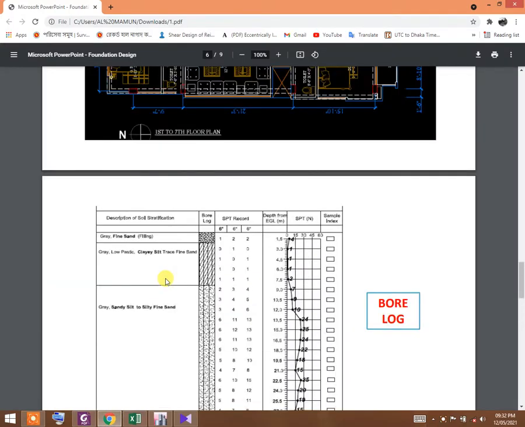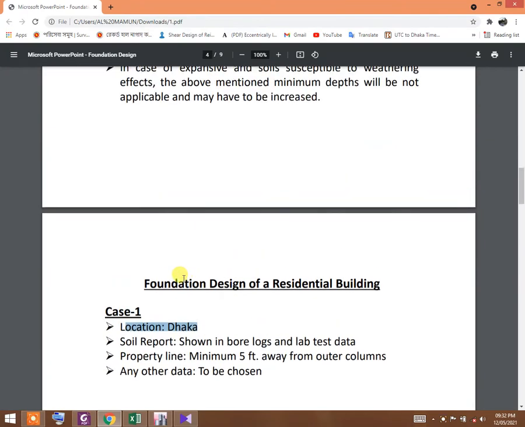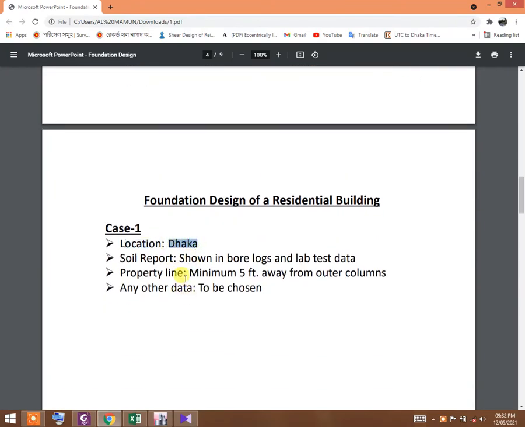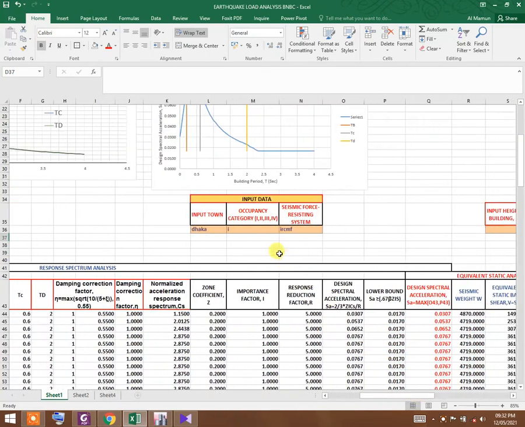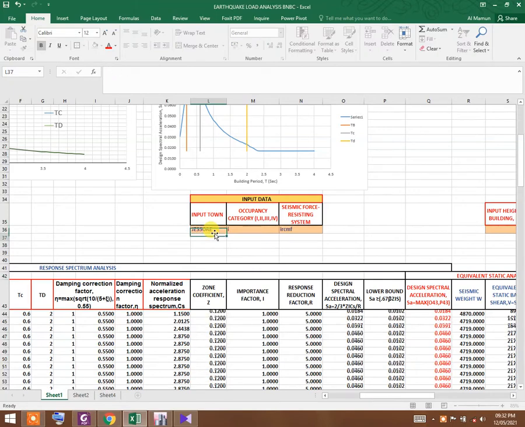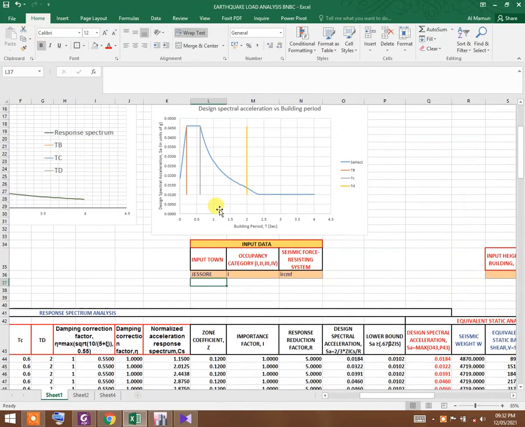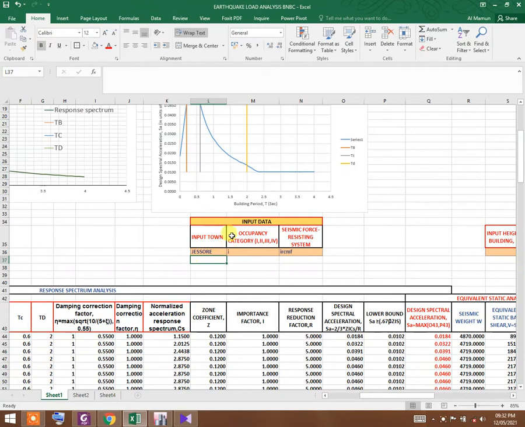Now the region where the site will be constructed, the location, is Dhaka. So I will input it here. If I give another location, the value will be changed. I have prepared this Excel sheet as a function of regional data also. Since it is Dhaka, I should select Dhaka.